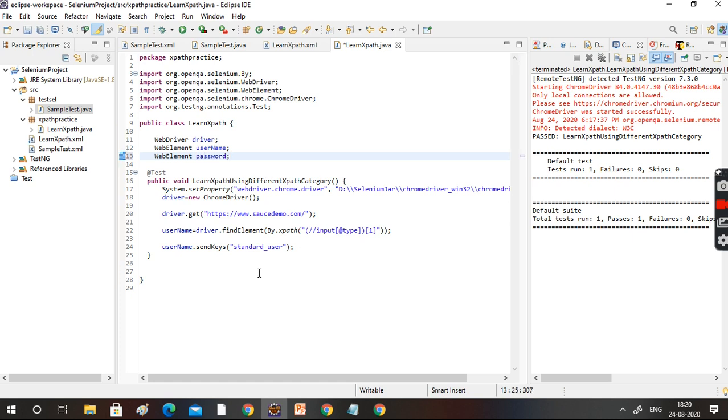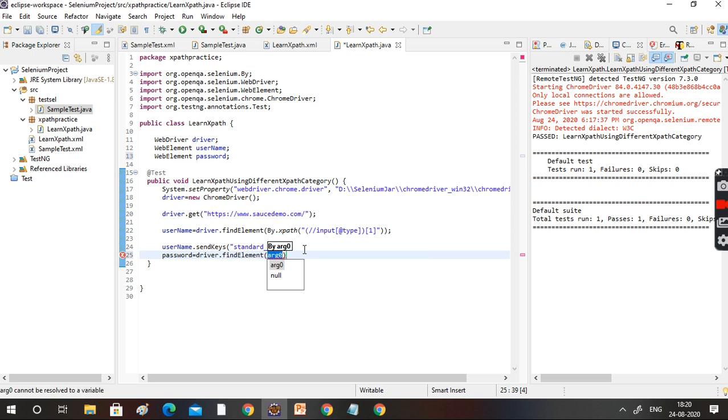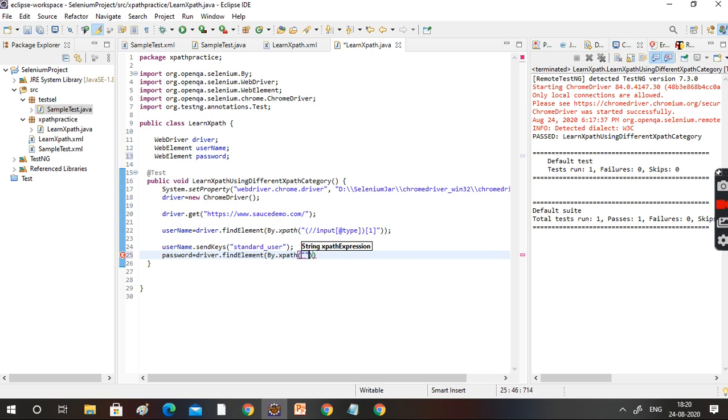password, right? So password, driver dot findElement by dot xpath, this one.